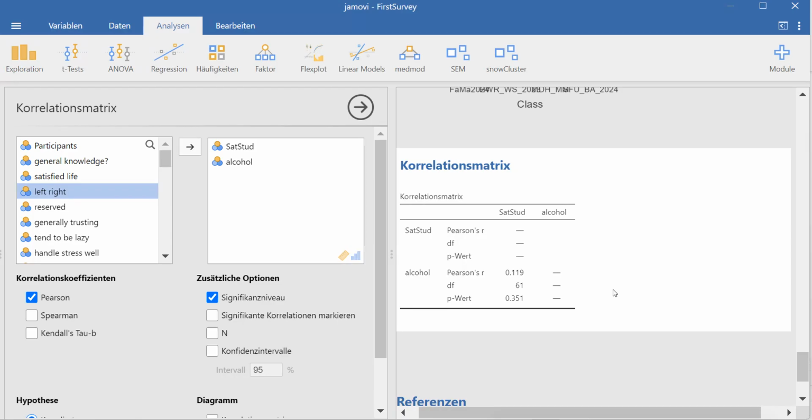What you see here is a correlation coefficient calculated at 0.119. And the p-value is also calculated. The p-value is easy to interpret again. It's higher than 5%. Therefore, we cannot refute the null hypothesis. So we cannot prove that there is a relationship between study satisfaction and alcohol consumption. Nonetheless, we measure that there is a small relationship, 0.119, and therefore you need to have some information how to